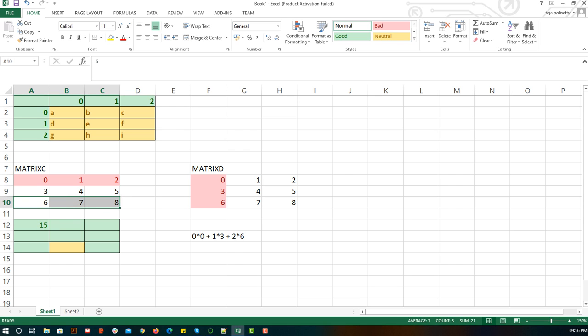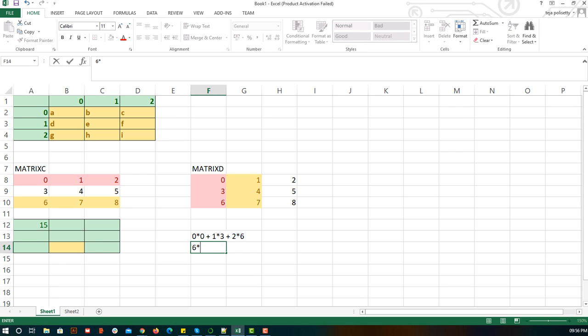So the complete second row and the complete first column will be multiplied to get the value of this. Okay, now let's see what will happen. 6 into 1 plus 7 into 4 plus 8 into 7. I hope you are getting this. So this 6 got multiplied with this 1, this 7 got multiplied with 4, and this 8 got multiplied with this 7. That was my bad.